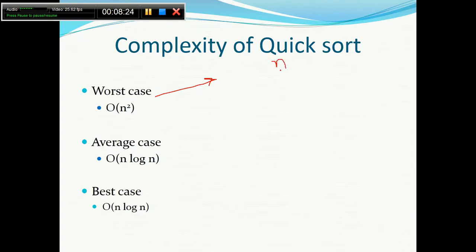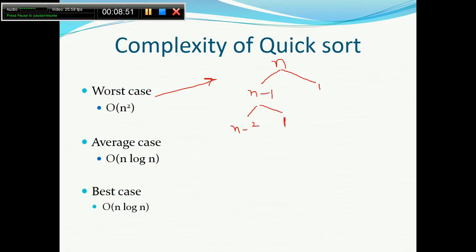So what will happen? The n minus 1 elements will go here, and the pivot will go in its position. See, in this case this will happen. Suppose the array is already sorted in increasing order. Now again it will divide into n minus 2, and then at the last there will be 1 element, that is a pivot. The pivot will be at the correct place by default.